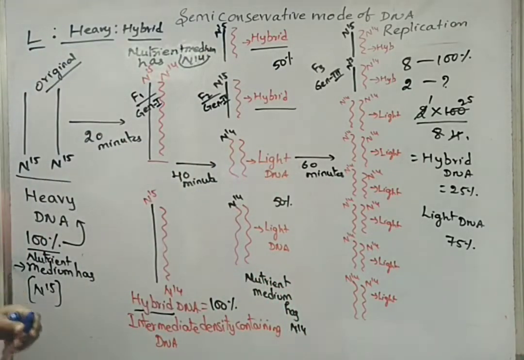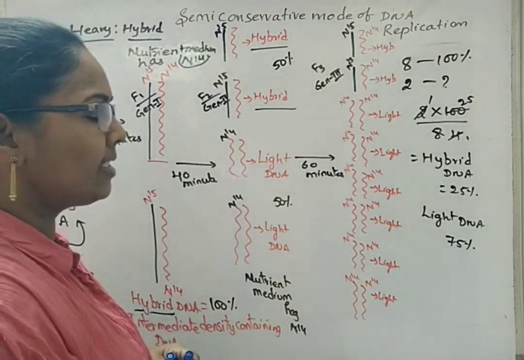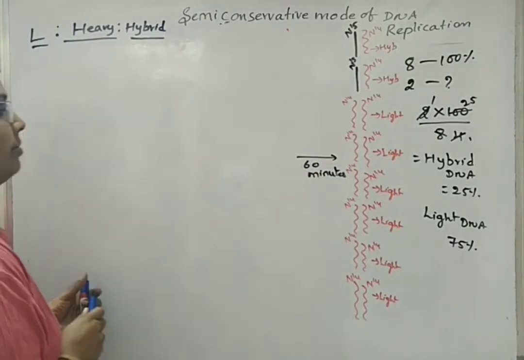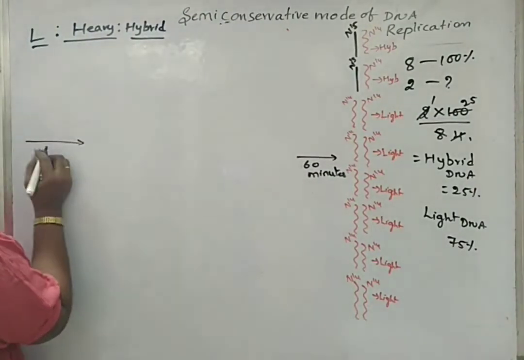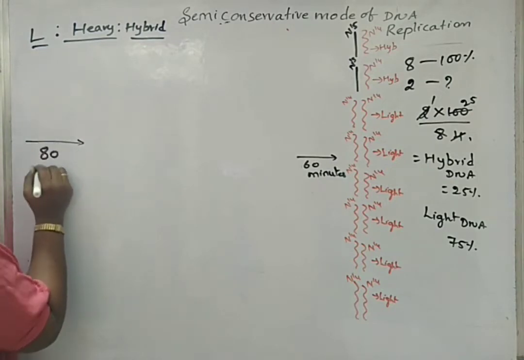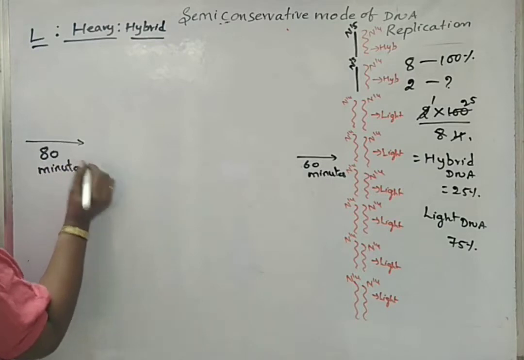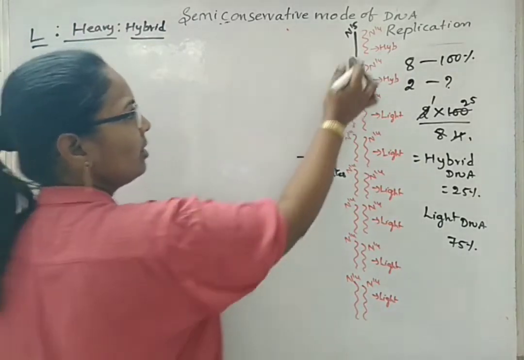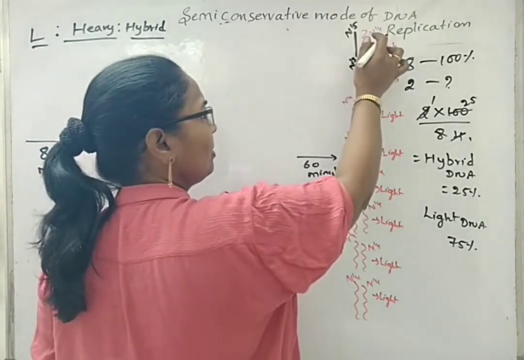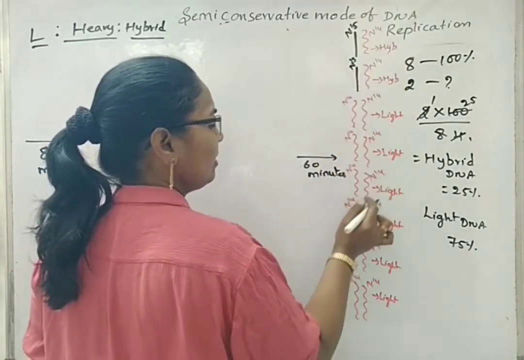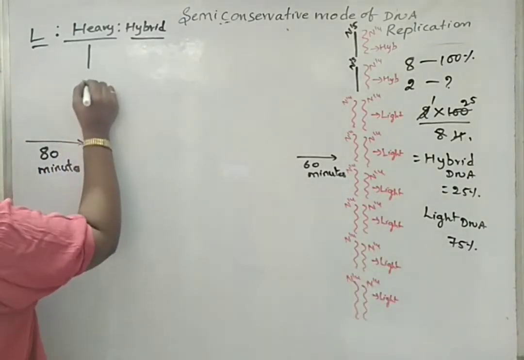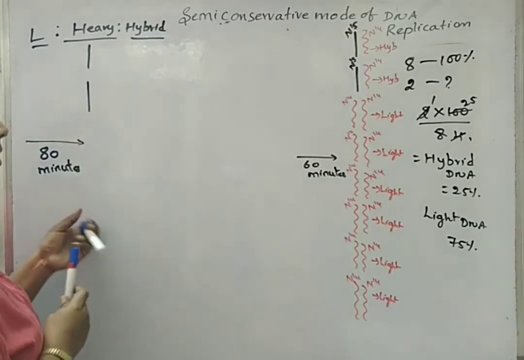Next, we will see what is the percentage of hybrid and light DNAs after 80 minutes of time. After again 20 minutes of DNA replication by E. coli, that constitutes 80 minutes of time. Here, how many strands all over did we get? 2 heavy DNA strands, and 2, 3, 4, 5, 6, 7, 8, 9, 10, 11, 12, 13, 14, 15, 16. So I am writing here 2 heavy DNA strands, but all the remaining are